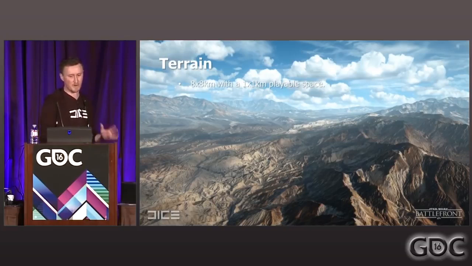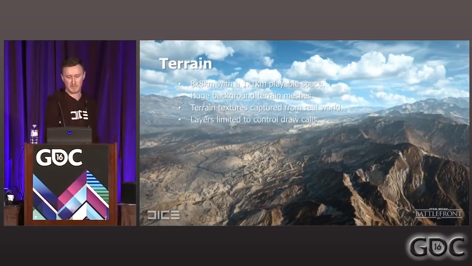And the detail from that 1 kilometer would be lower and lower the further you get away from the center point. We'd complement this with really large backdrop meshes, just regular backdrop meshes to extend the vista much further into the distance. And all the textures for this were captured just like you saw in the presentation before, with photogrammetry.